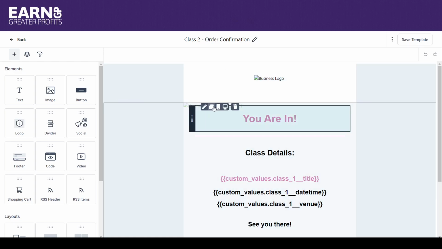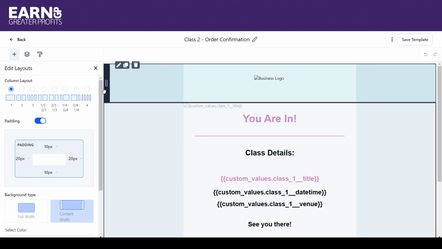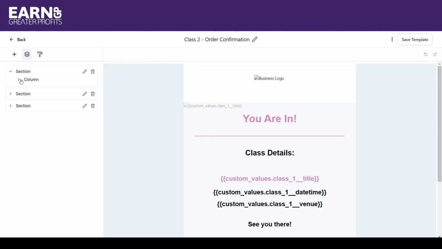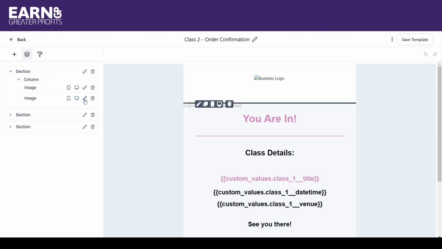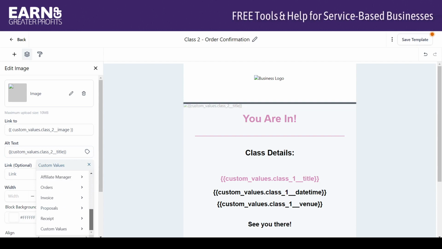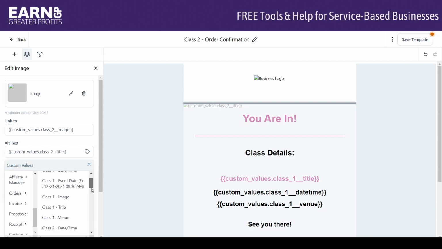Okay, so I'm going to edit my images. I'm going to go to my layers since I can't see that image hiding in there, and edit the second image. I'm just going to simply put class 2. Or I could click on this, scroll down to the bottom, find my class 2